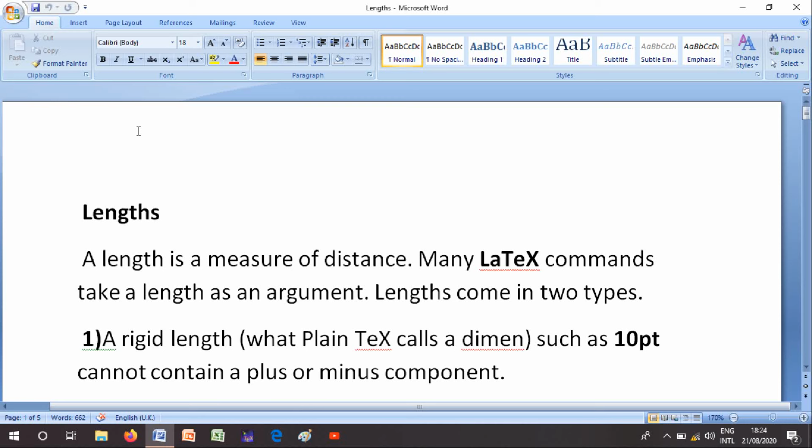I am Ashraf Ali and today we will discuss lengths in our LaTeX software, in which we will discuss the units of length, set length, add to length, set to depth, set to height, set to width and